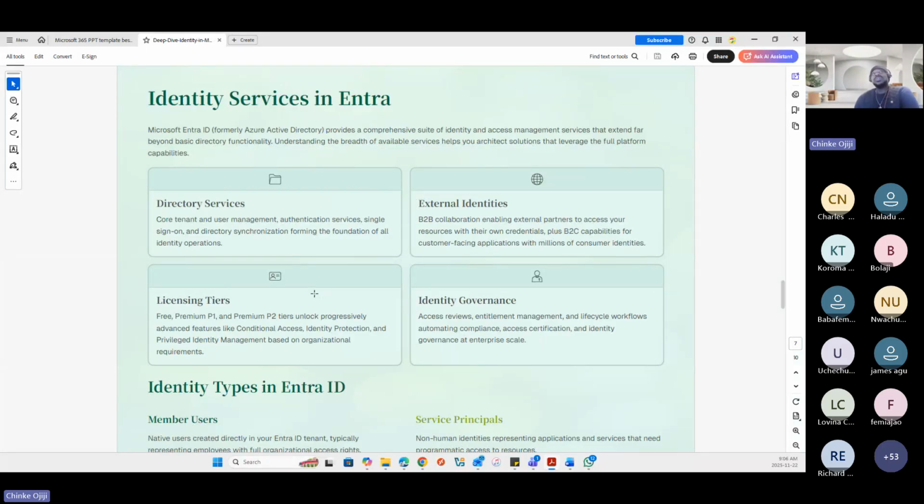So, for instance, you are in organization A and you have a vendor in organization B, and you have a document you want to share from your SharePoint library to that user in organization B. That user can access that document if you grant them access as an external identity.